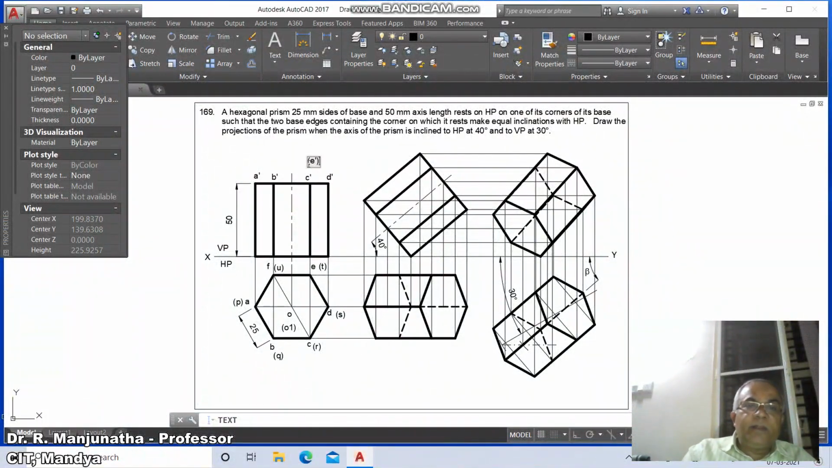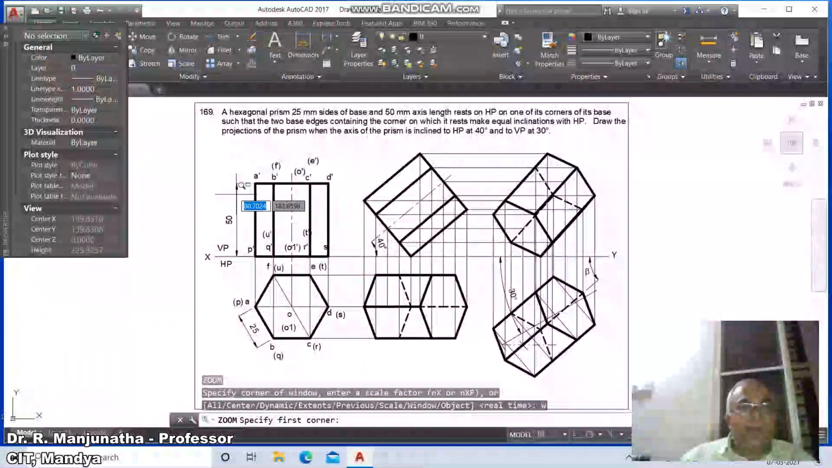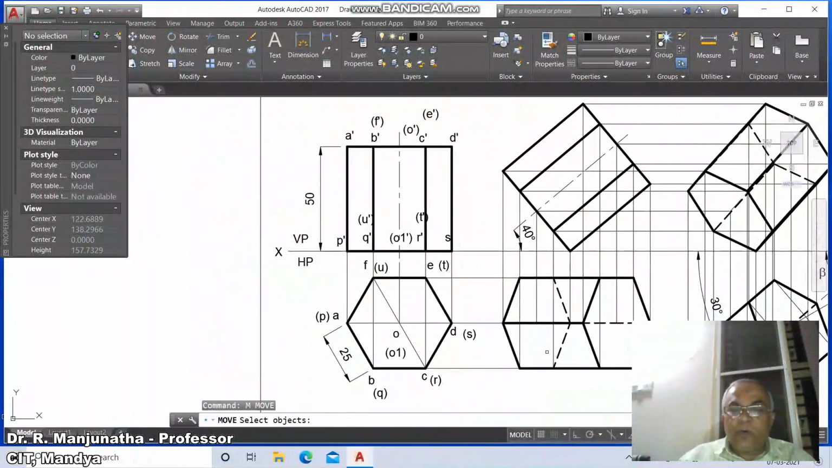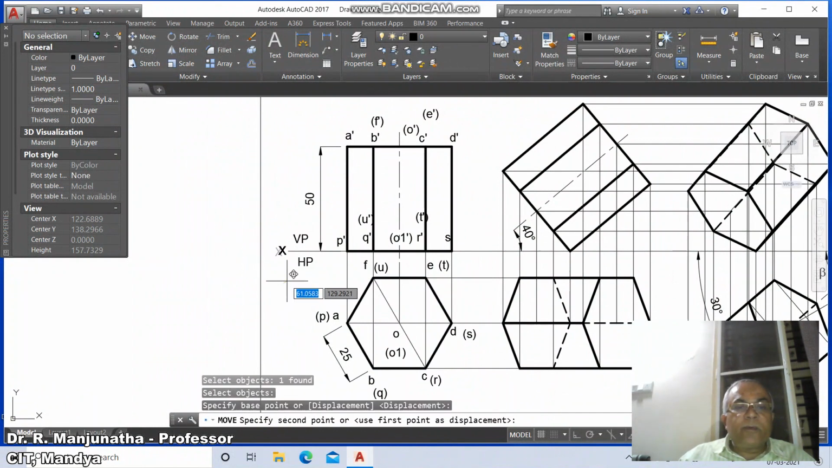dash, then F dash, then O dash, then P dash, then Q dash, then R dash, then S dash, then T dash, then U dash, then O1 dash in bracket. Then go to zoom window, select this entire thing now, then go to move, switch off the ortho mode, then